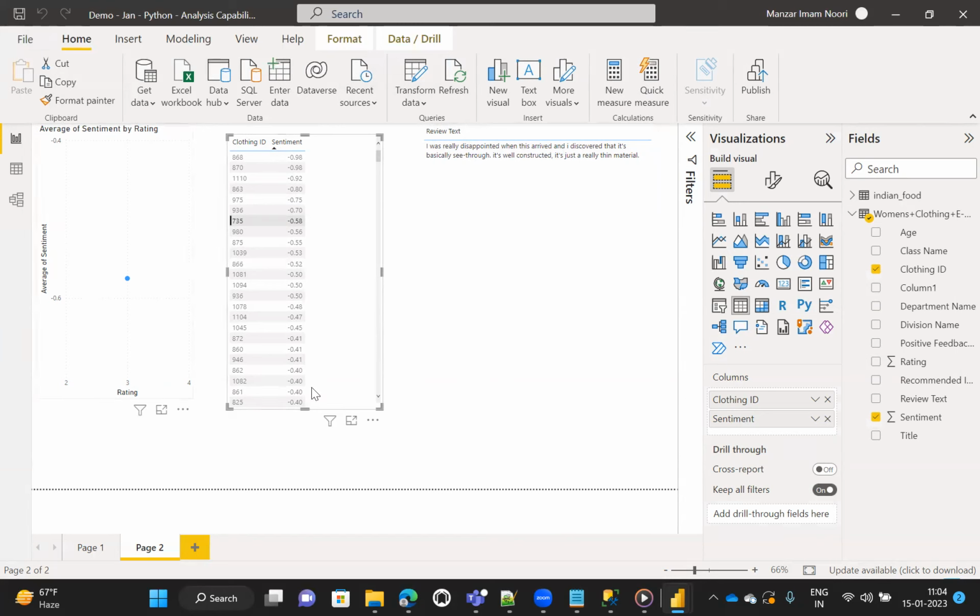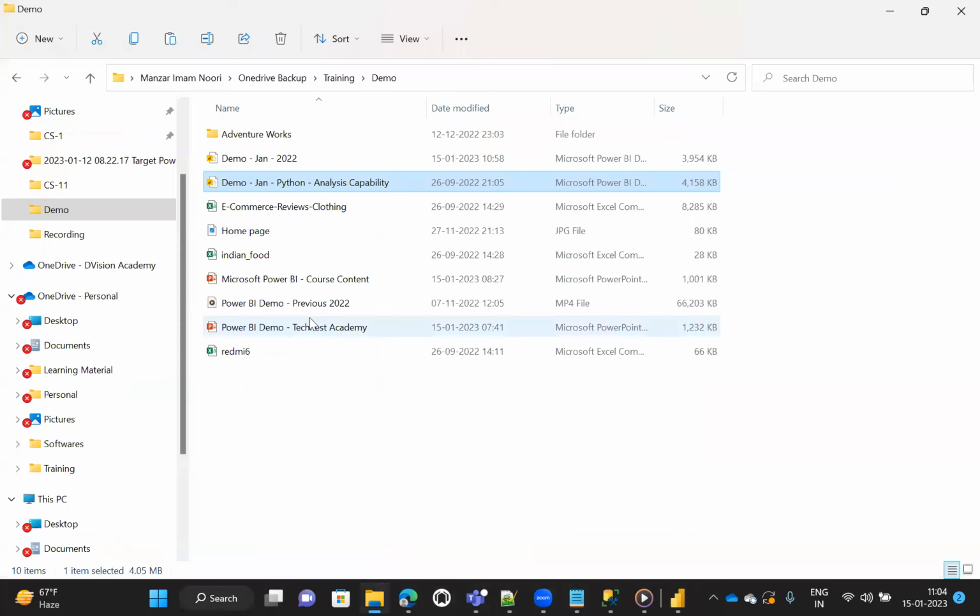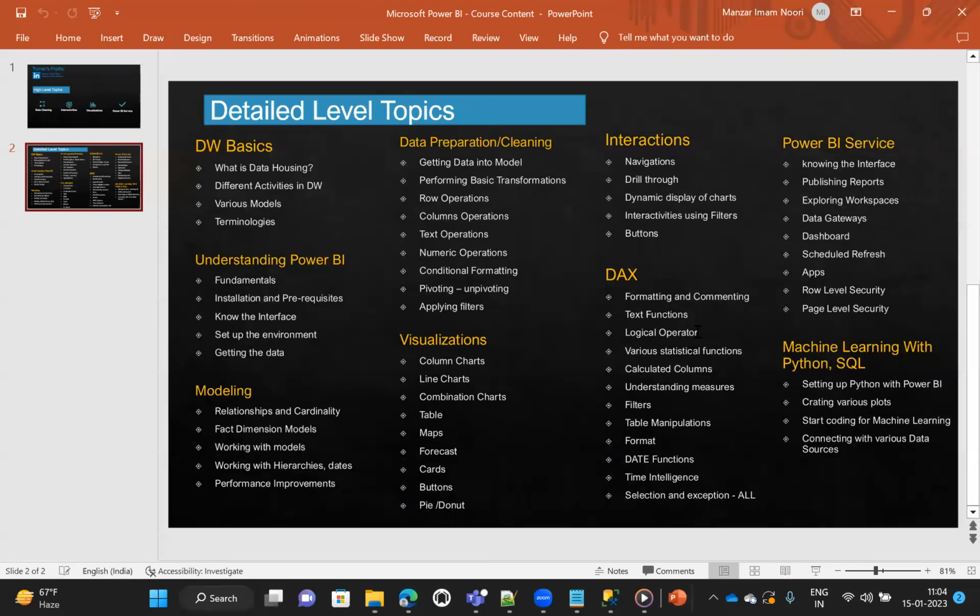We will be covering only 2 sessions for Python, and I think we have already seen in this topic that we have 2 packages. We have the setting up of Python with Power BI, and we are also going to use packages like Matplotlib and Pandas.